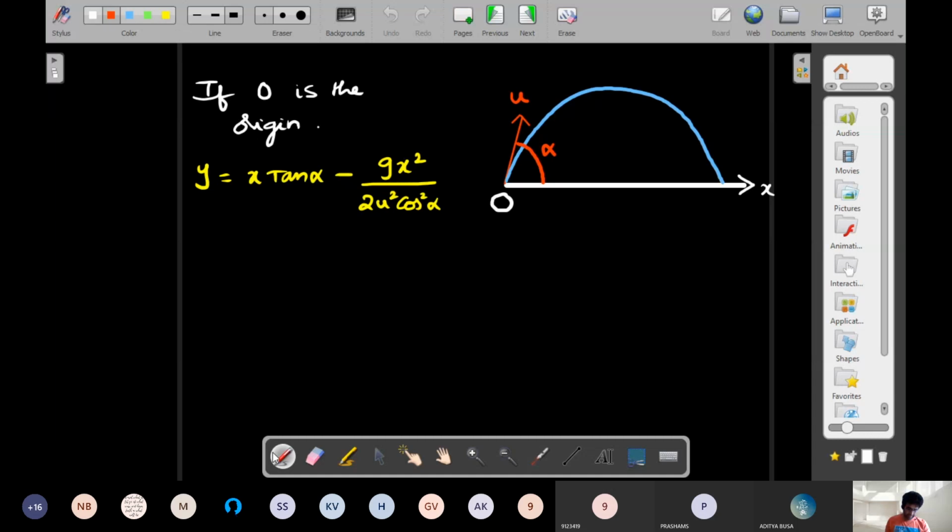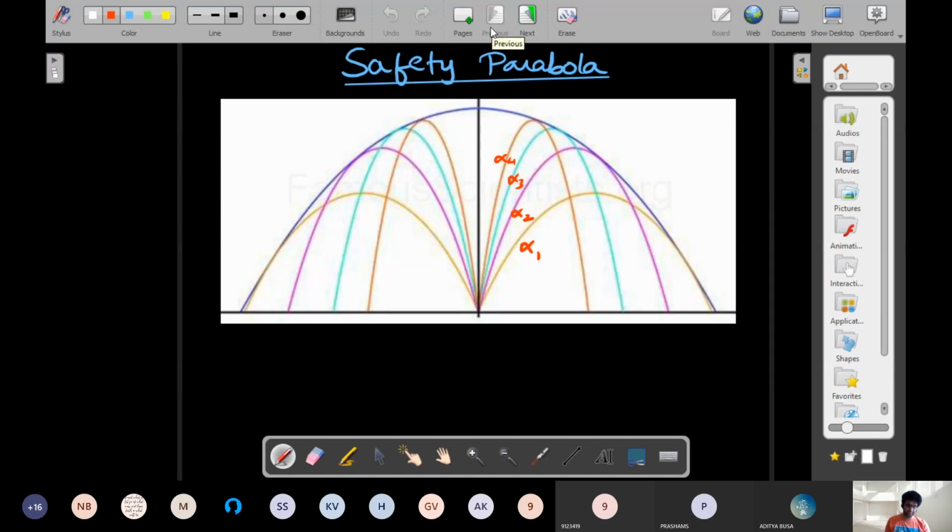Imagine I need a point in the previous figure, x comma y. That point could be anywhere here, so I'll use capital X comma capital Y. This is a general point which may or may not lie outside this particular region. If what is thrown is a bullet or a missile, whether you are safe or not is decided by whether the position, X comma Y, lies outside this region or inside it. This is what we are investigating, and that's why the name safety is given.